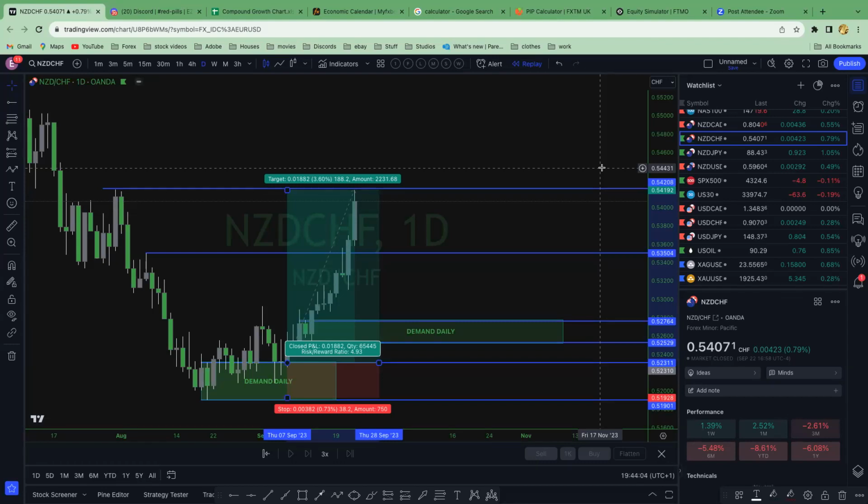Daily break of structure happened at the low, pulled back to the demand based on the significant low candle. Boom, there you go. Like, it does this. I'm not just saying this to sell you something. It does this, people. It does it. This is what it does. Look, boom, there you go.